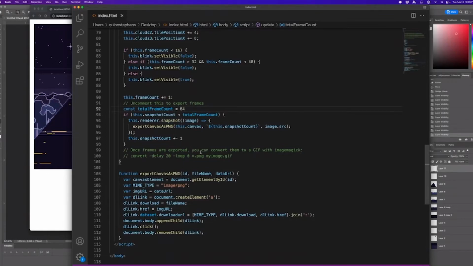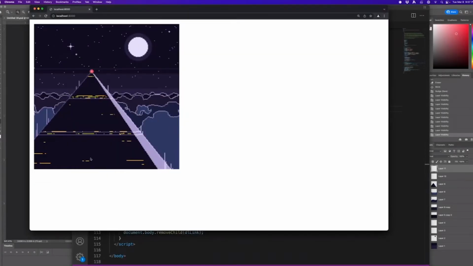That's something that's built into Phaser. It allows you to take those images out of your game, and it's going to run this code and download it, essentially. And then it's going to increment the snapshot count so that the next time a frame renders, it'll start at 0, then it'll be 1, 2, 3, 4 until it's hit 64, and then we're done. So if all goes according to plan,